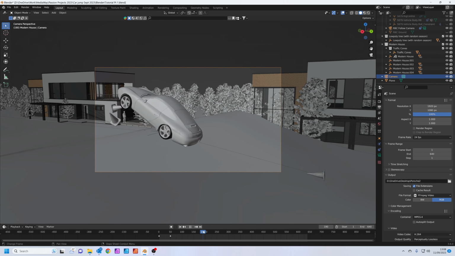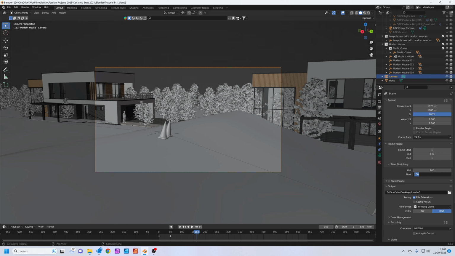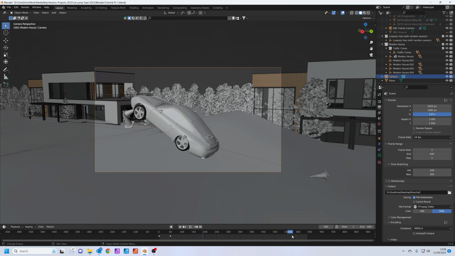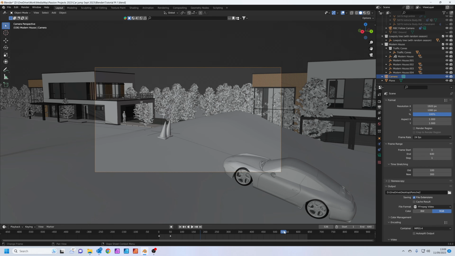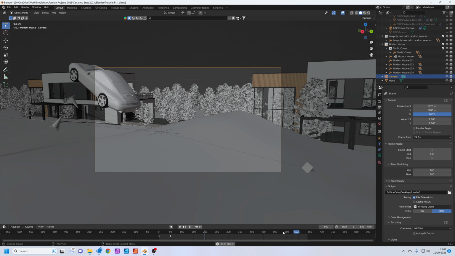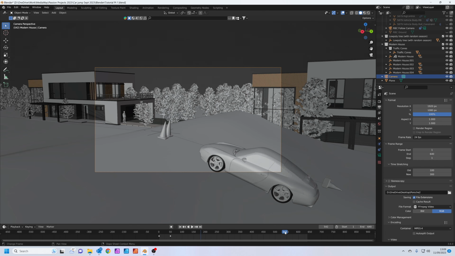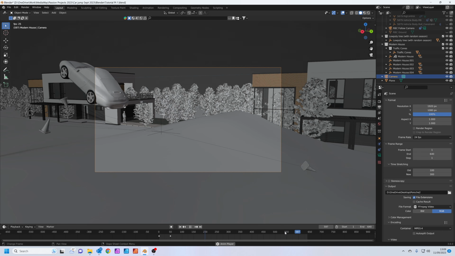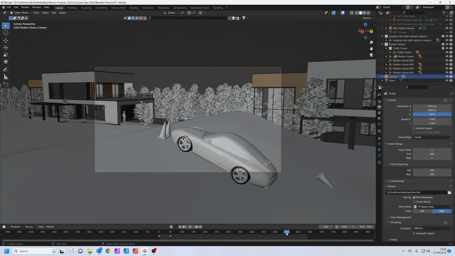So really we want this bit to kind of just be in slow motion. So instead of being as fast as that, let's slow it right down. So if you go to your scene tab, where it says time stretching, just type in 300 where it says new. This will basically extend the footage. It'll basically add 3 times as many frames. So when we watch the motion, play it from here, it slows it right down. So we can actually just render the animation again and see that nicely slowed down. Let's do that.